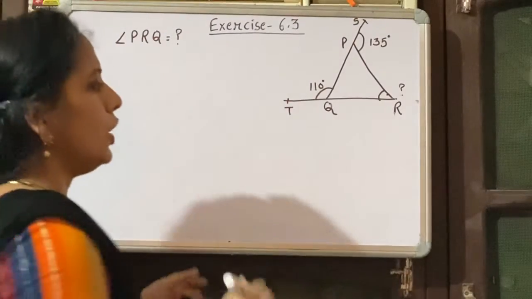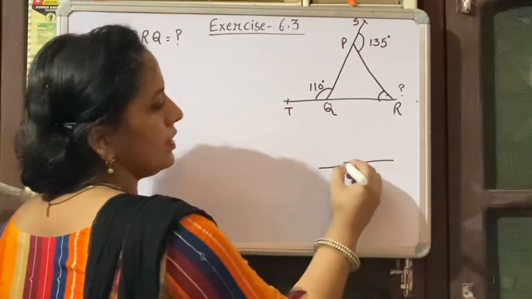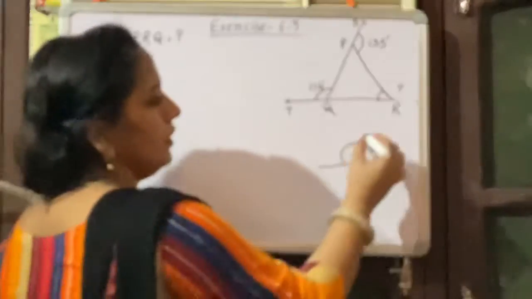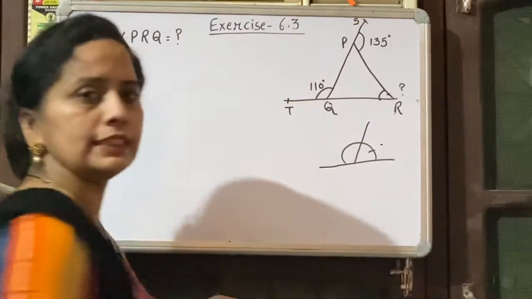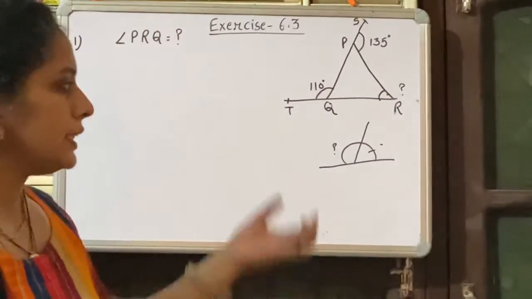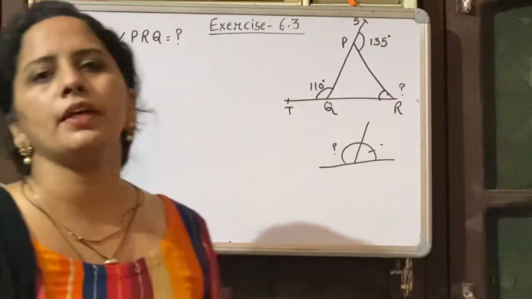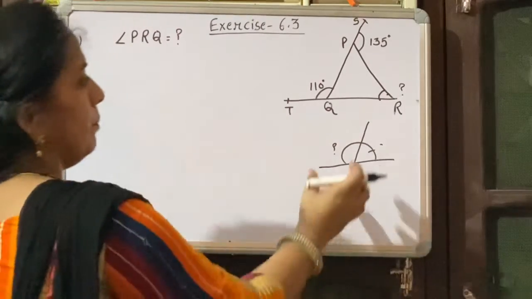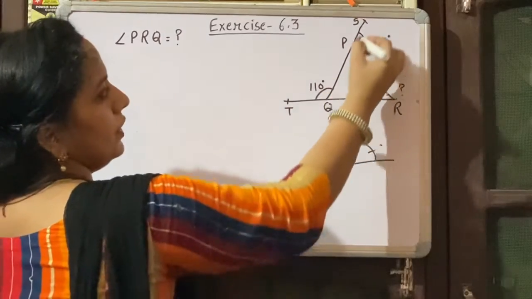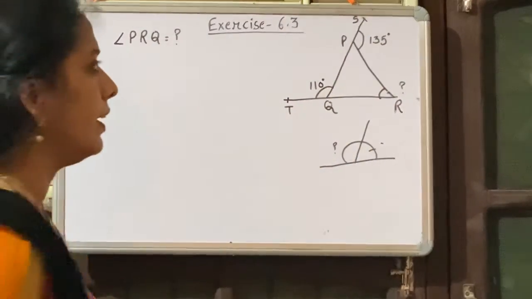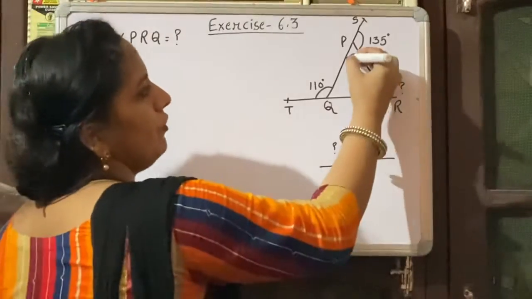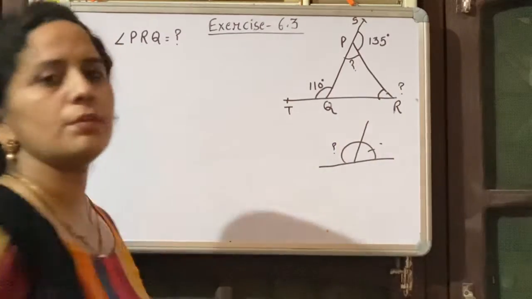How can we use them? We know very well that on a straight line there is an angle of 180 degrees. If one portion is given, then we can find out the value of the remaining portion, and this condition is called linear pair of angles. So by using this condition, here we can see that SQ is a straight line and angle SPR is given, so we can find out the value of this remaining angle.